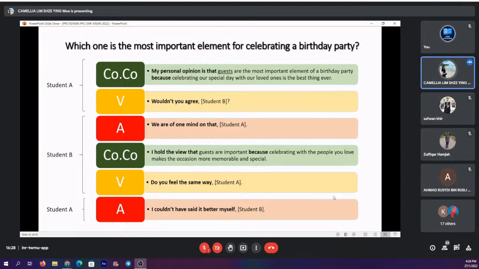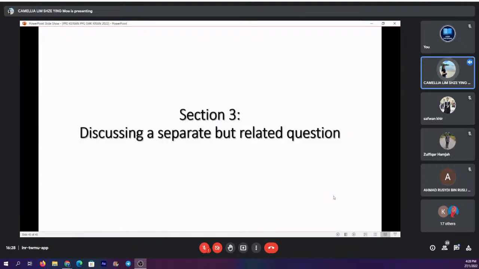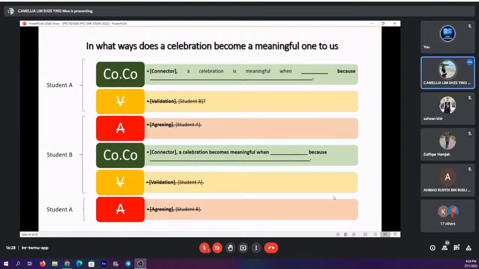But they're not done yet. Okay, teachers, they're not done yet. Section 3, the final part of the speaking paper, is where they will discuss a separate but somewhat related question. So in the case of the birthday party question, they will ask, in what ways does a celebration become a meaningful one to us? So teachers, at this point, it stops being a discussion between candidates A and B. Now they turn and face the interlocutor, right? There will be no need for validation and agreeing because there are no longer any exchanges. We are talking only